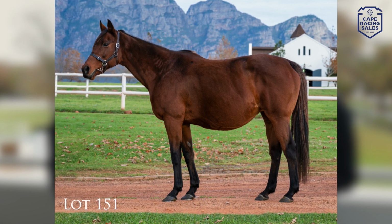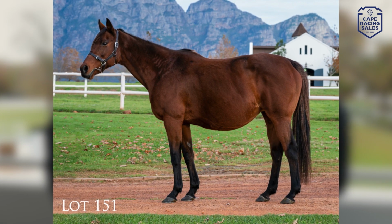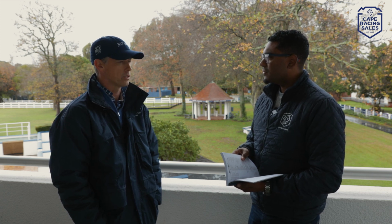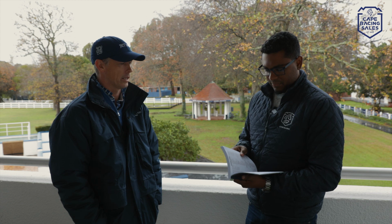This is probably a broodmare that we're not wanting to sell, but it's a split up of a partnership. So she has to go onto the sale to do that. A wonderful broodmare, it's very uncomplicated, just a nice mare, produces good foals every single time. She's obviously an A-grade mare and something we'd like to keep on the farm. And also she's got a daughter on the sale, so if you can't get the dam, then possibly